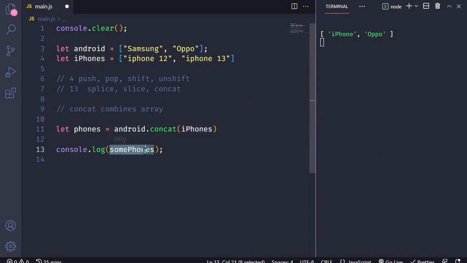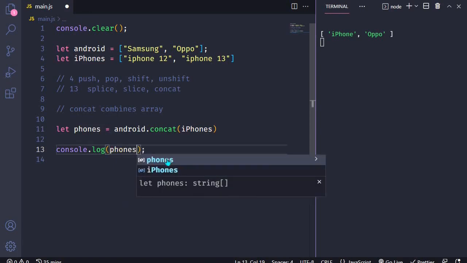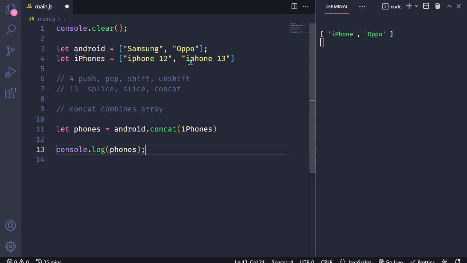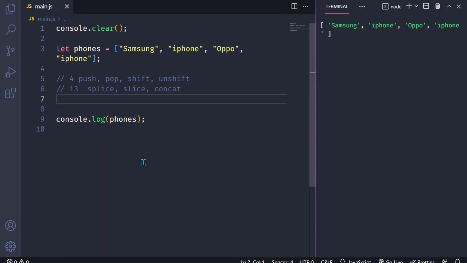So if we log fonts on the console, just like that, you'll see that we'll have 4 elements. So when I save, we should have 4 elements at our terminal: Samsung, Oppo, iPhone 12 and iPhone 13. So that is how we can make use of concat to combine 2 arrays, okay? Which is pretty nice. So now I have created our array of fonts again right here,